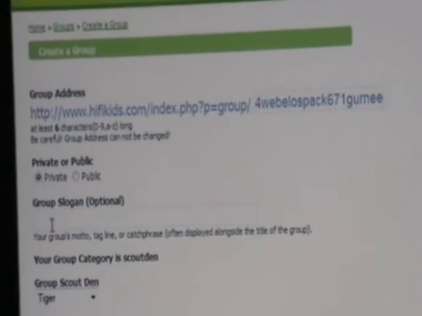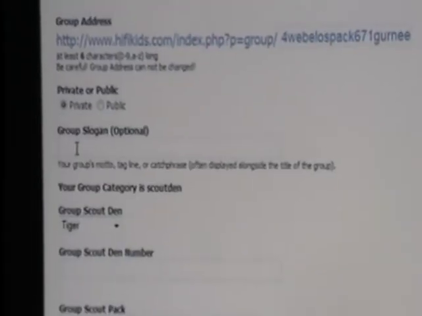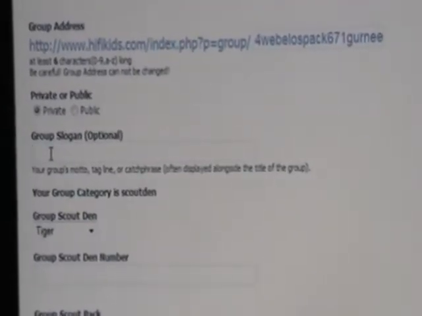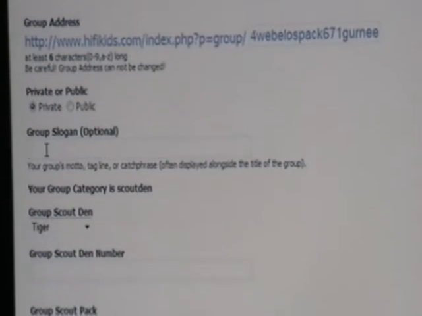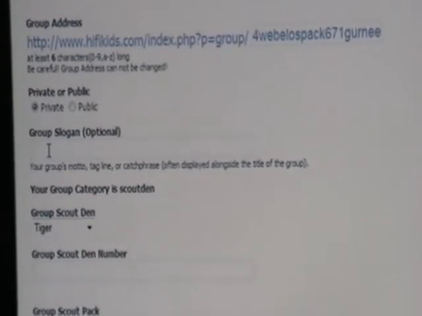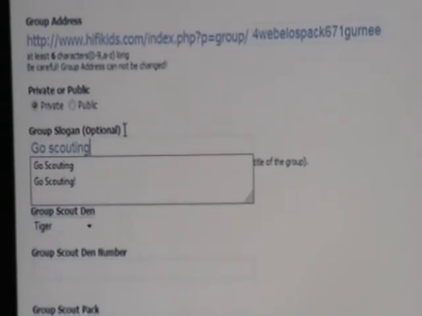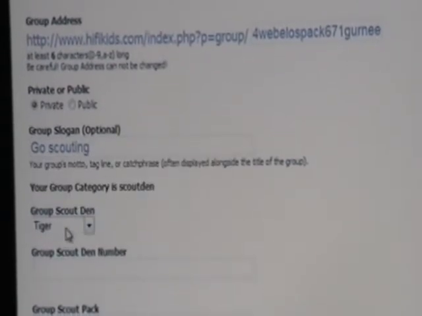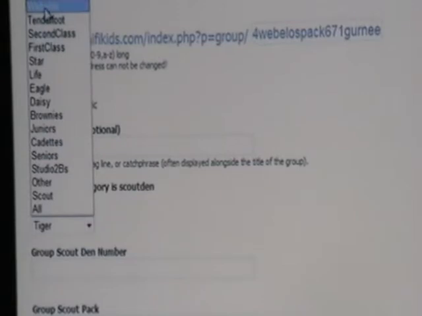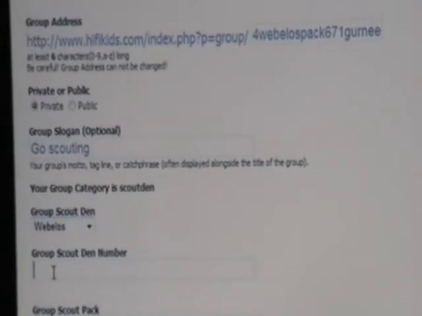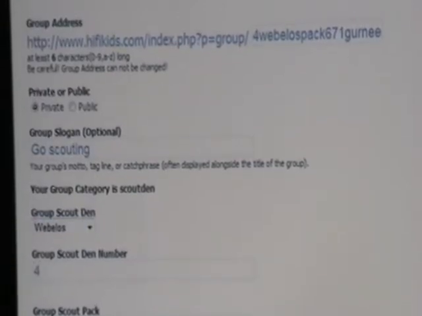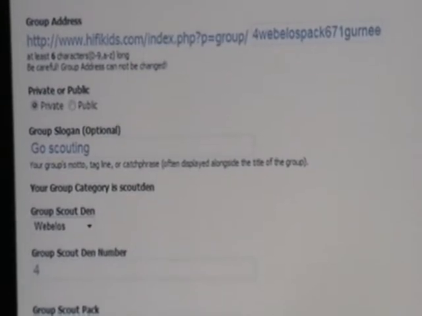Make sure that it is a private group so that no other members can join. Private means you have to give the password to the members to join. Put a slogan, let's say go scouting. Select a den, let's say Webelos. We have a den number as 4, Scout pack 671.